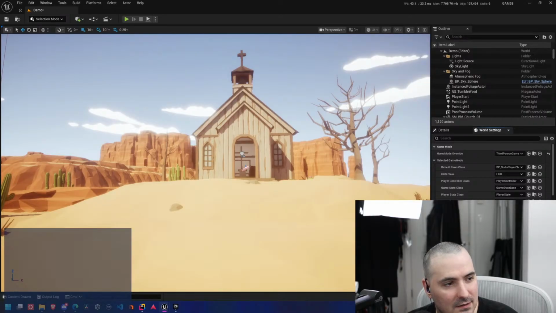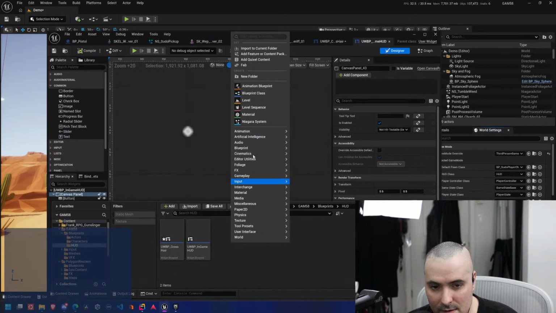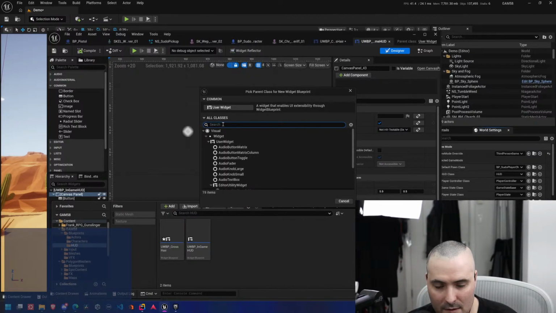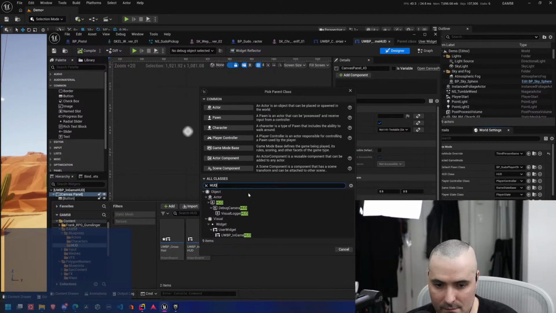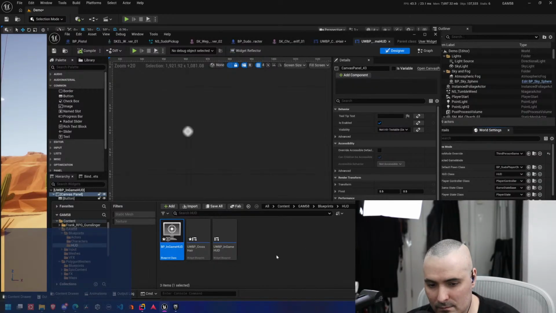Oh, it won't let us. Oh, they changed it. Huh. Interesting. Can I actually create my HUD the way that I used to? Did they not get rid of that? Oh, wait, no, it's just a blueprint, right? Yay! There we go.